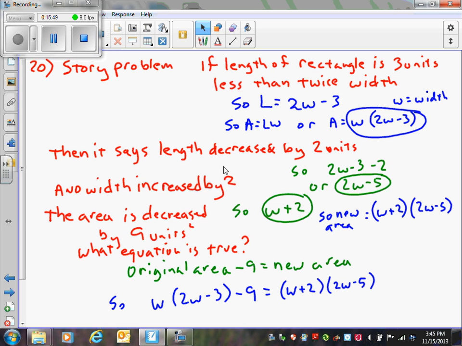But they say that if this happens, the area of the whole rectangle is decreased by 9 units. So they want to know which equation is true. Well, what happens is we have our original area, we decrease it by 9 units, and we end up with our new area. So we take our original area, W times 2W minus 3, and we subtract 9. And we set that equal to our new area, W plus 2